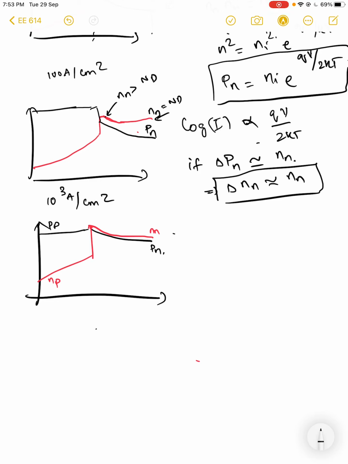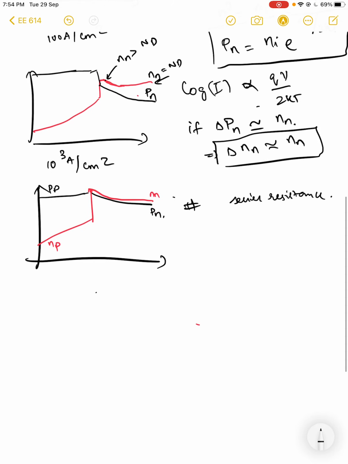However, the actual problem of high current injection does not stop with just the IV characteristics, right? You can also see it in other effects, which is series resistance. The main assumption was that the entire potential applied to a PN junction appears across the depletion width, right, in the ideal diode conditions. However, that will change under these high bias conditions, right, because now that you have a heavy injection, the depletion region is no longer strongly depleted, and hence the resistances are equally shared.